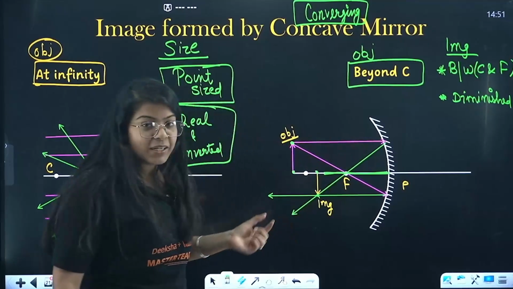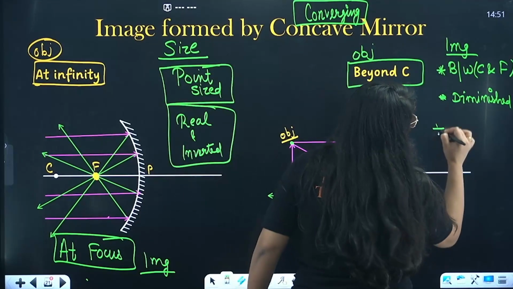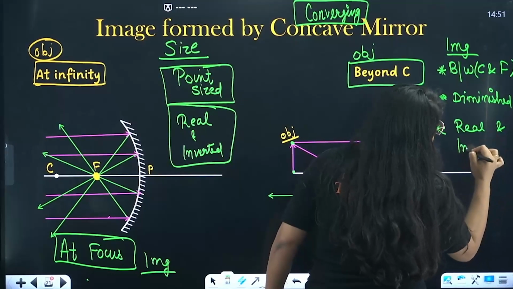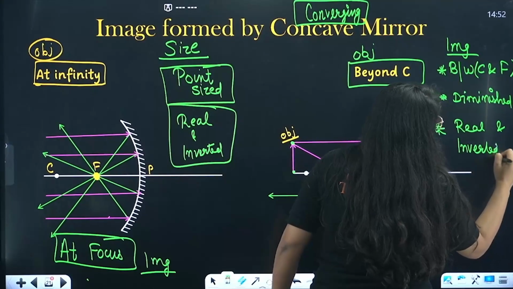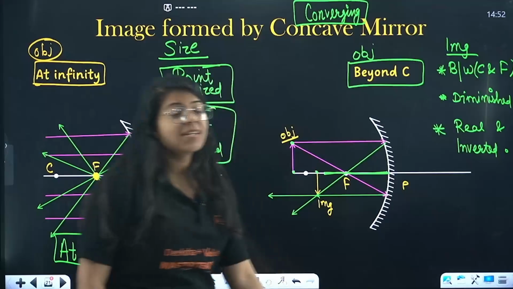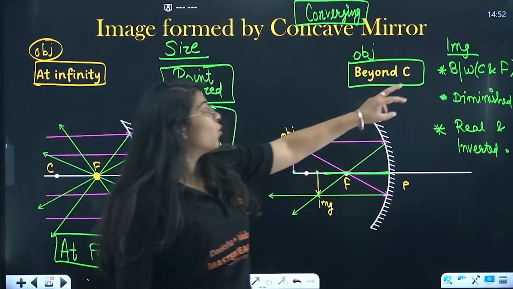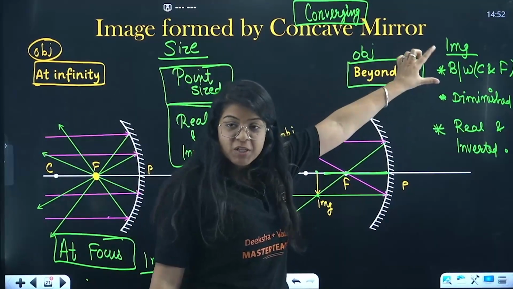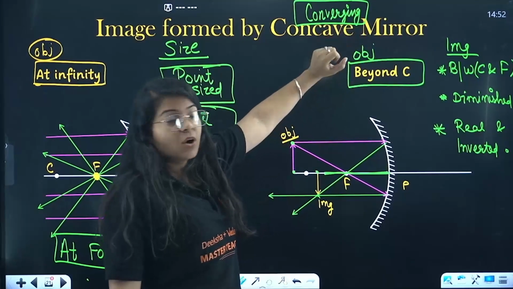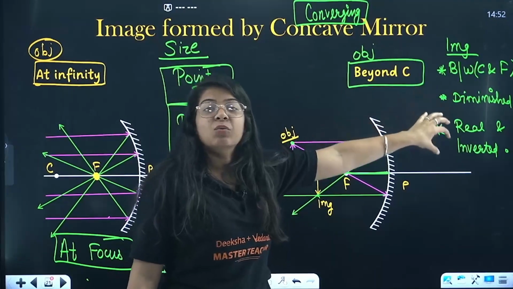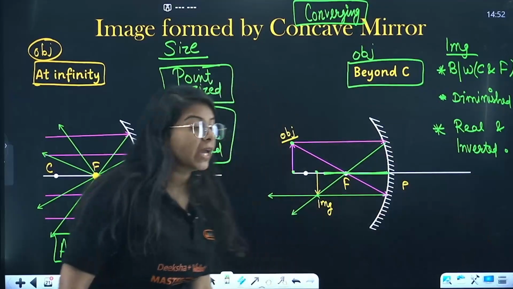Again, real rays are meeting. So this image is what? This image is real, and I can clearly see that this image is inverted. Done. So we wrote about the position of the image between C and F. When the object is beyond C, the image is diminished, real and inverted. Done. Okay, let's move to the